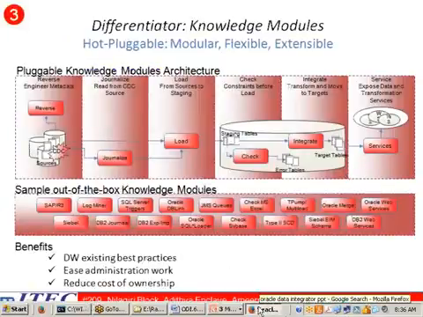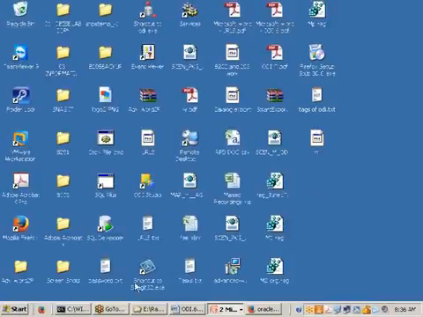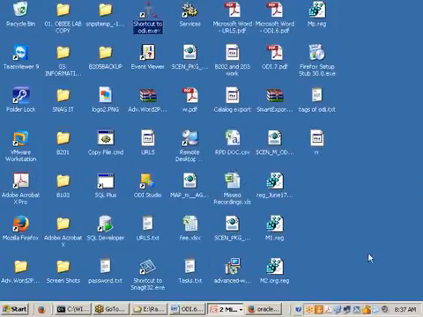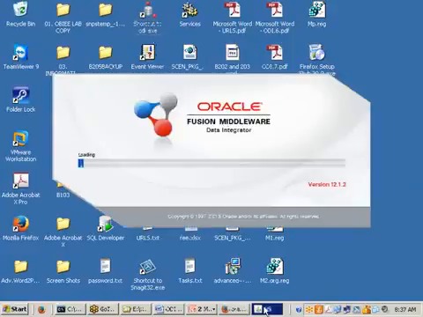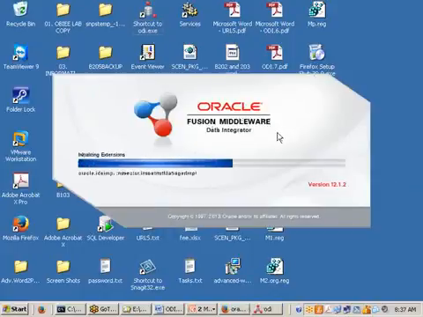I would like to open the tool parallelly also. Where is the tool? Yeah, I want to open the ODI tool.